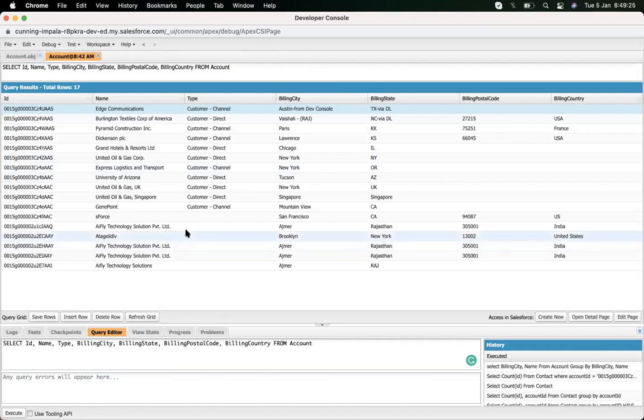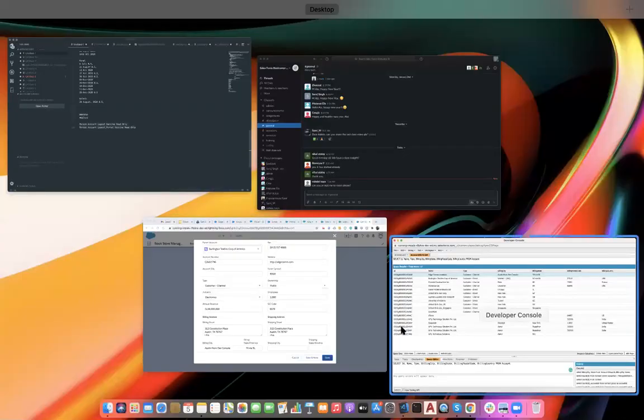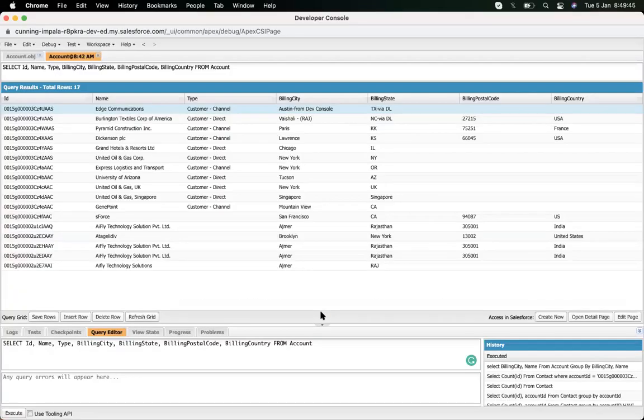Suraj, this insert row, does it check for mandatory fields or that kind of stuff? Yeah, it will also check for the mandatory fields. It doesn't work differently than the UI. If something gives an error in the UI, it will give the error here also. But there is an exception. Suppose on the page layout I make some of the fields required, it will not work for the required field.